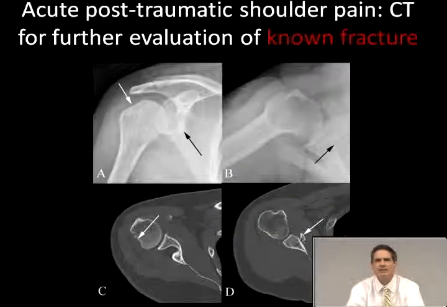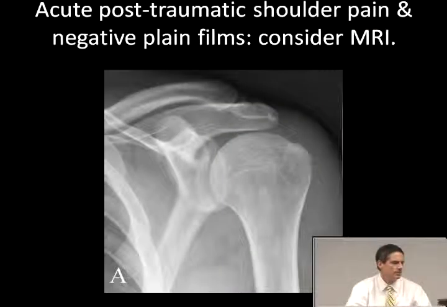So here's a composite of the plain films and CT in this patient with anterior-inferior dislocation and resulting fractures. And the CT was ordered to better evaluate fracture alignment, position, displacement, surgical planning. Now, when you have